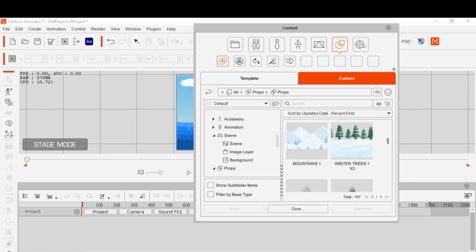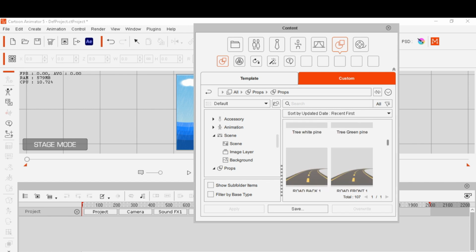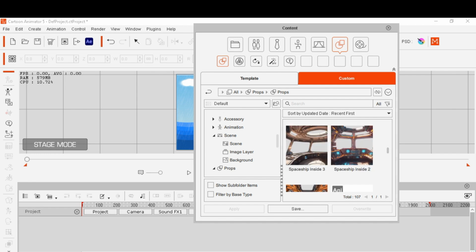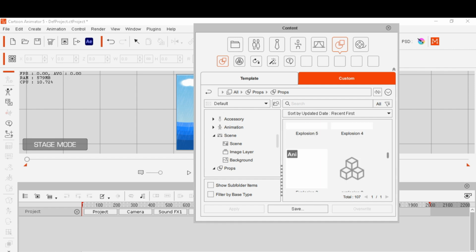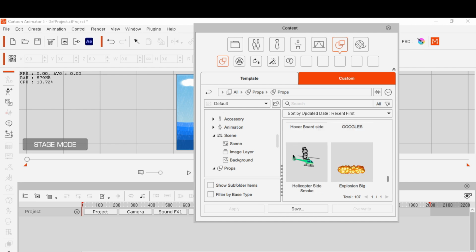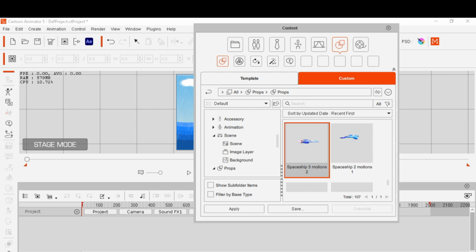But when I was doing animated scenes, I would have to hide the scene because there was a lag if I had the character and a moving scene at the same time. It was too much for the software and my computer, I think. So let me find this spaceship. What I've noticed is I was able to use Motion Pilot